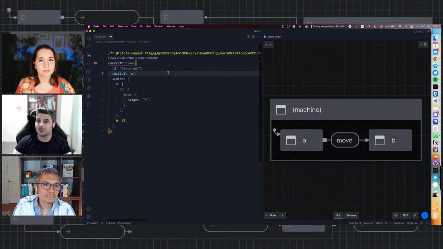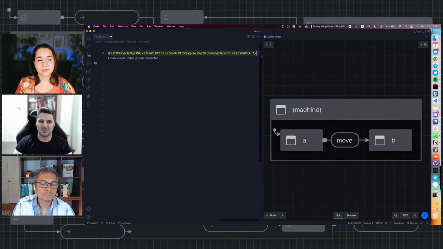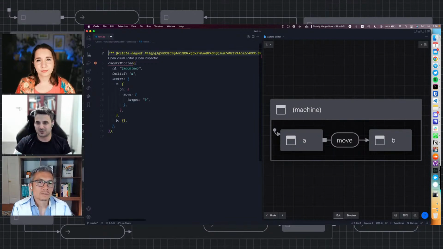I don't know if it's a good idea to do it for everybody. Maybe it's useful for the majority of our users. But I think it would be a good idea to expose this as a sort of setting, at least in the VS Code extension for now, so that people have a configurable way of telling us whether they want this to be enabled or not. Because sometimes you just want to persist the custom layout that you created. But right now in the VS Code extension, the workaround would be to just keep this little layout string here so that we know that we have to adhere to that layout. If you remove that, it's going to be a fresh auto layout plus fit to content.